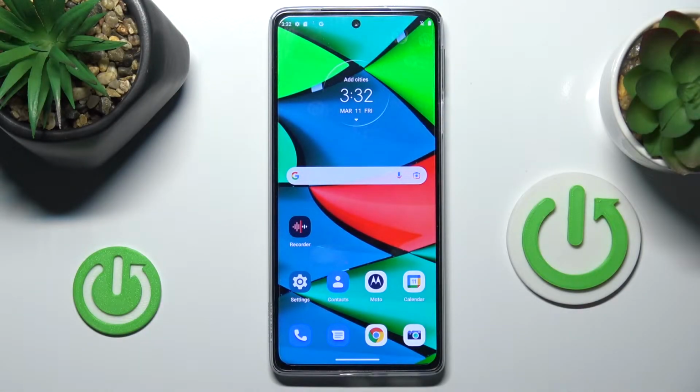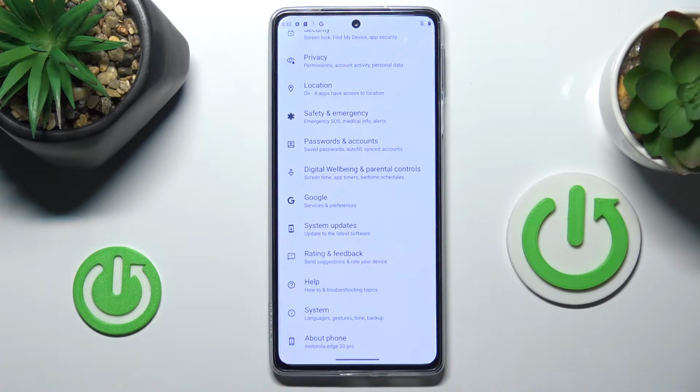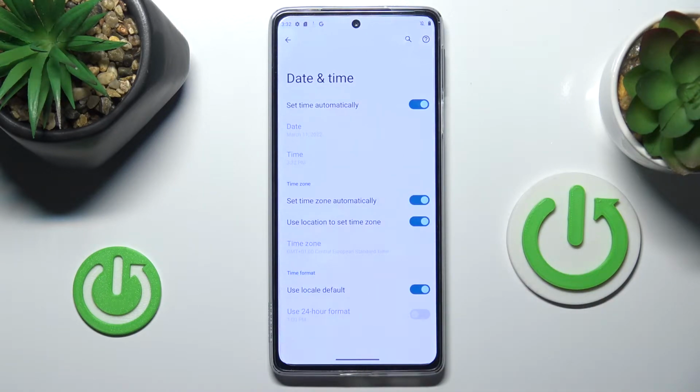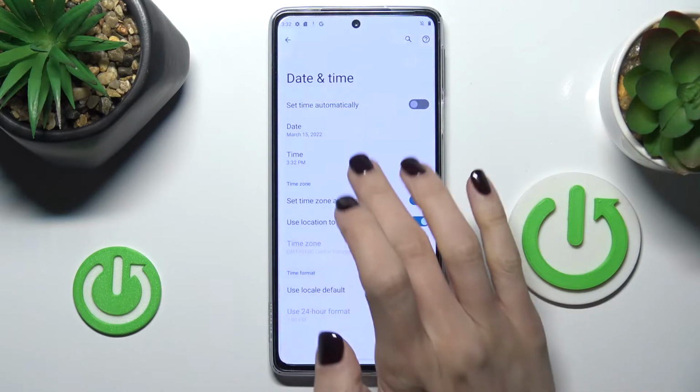In front of me is Motorola Edge 30 Pro, and let me show you how to change date and time on this device. So first of all, you need to reach Settings, pick System then, and now click on Date and Time. Here you need to switch off automatic date and time, and then select it manually by yourself smoothly